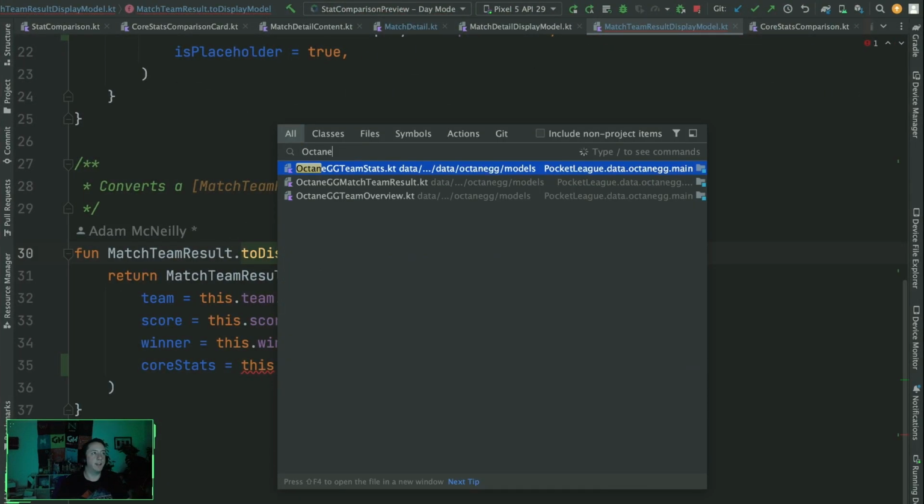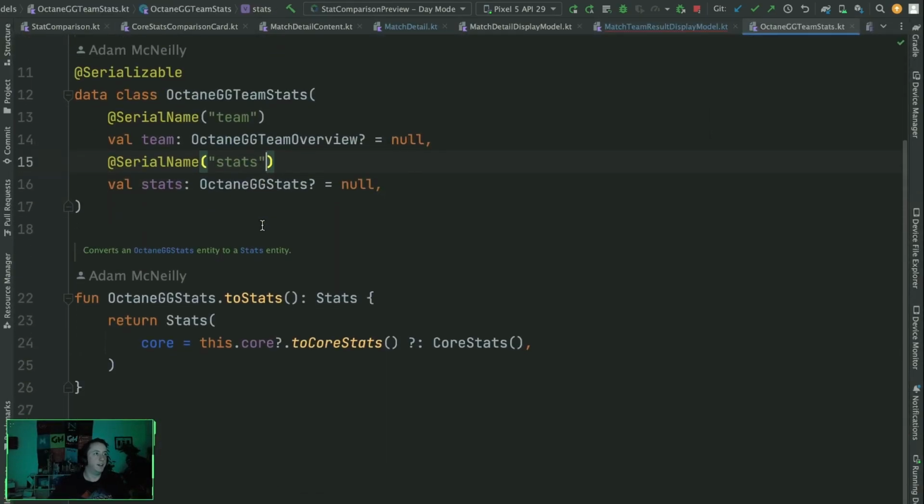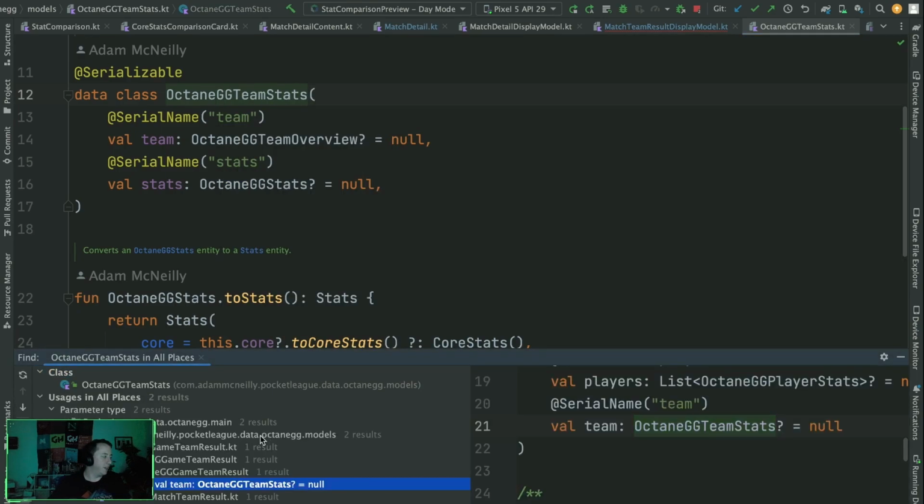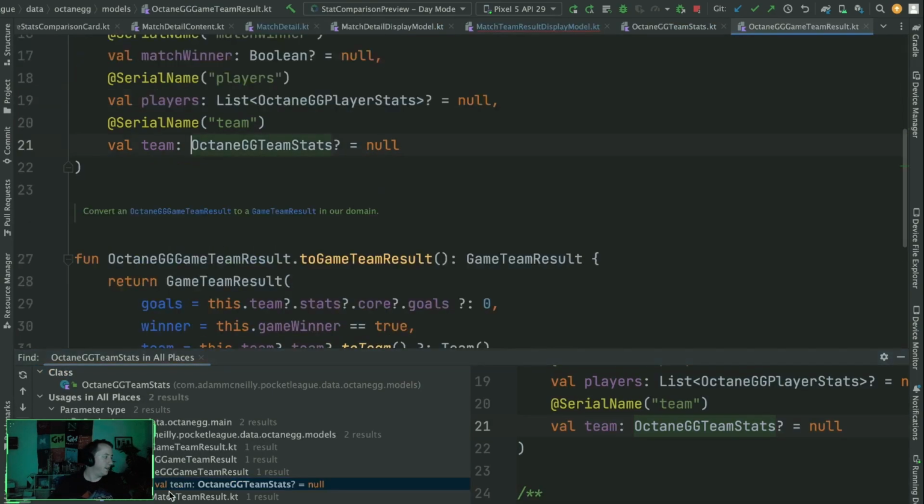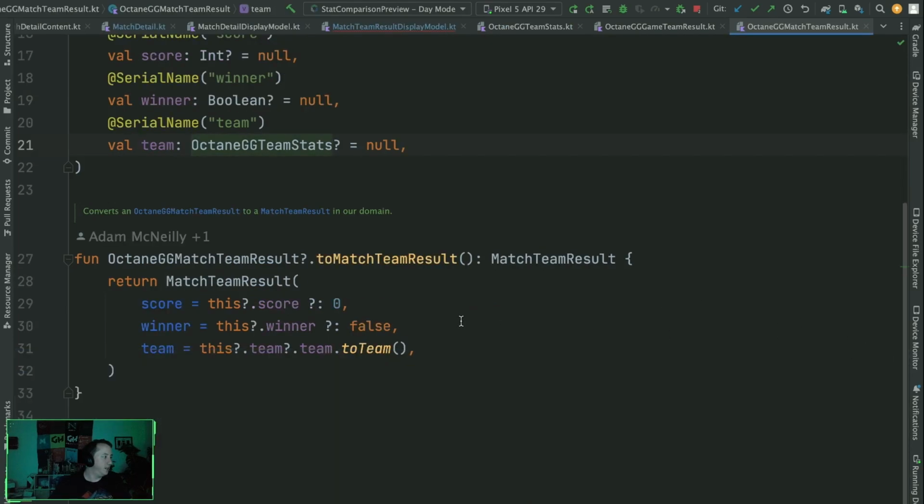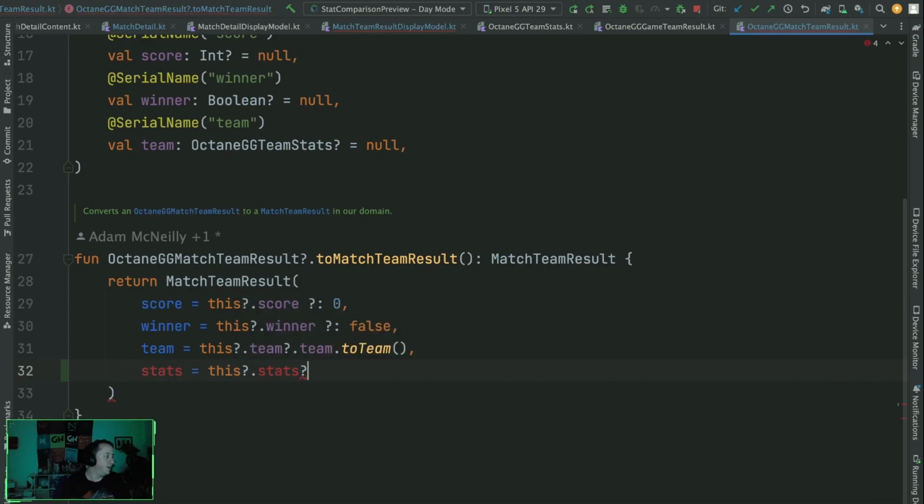So let's start at the base level. Let's go into Octane GG team stats. Oh look, we already have this. This function doesn't belong here. Okay, let's find out where this is used. Octane GG match team result. Aha, and then we do two match team result. So here we'll do stats equals this dot stats or this dot team